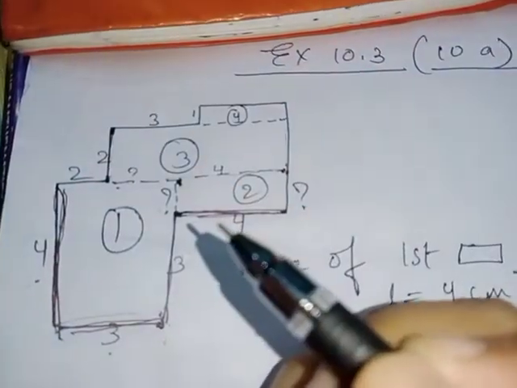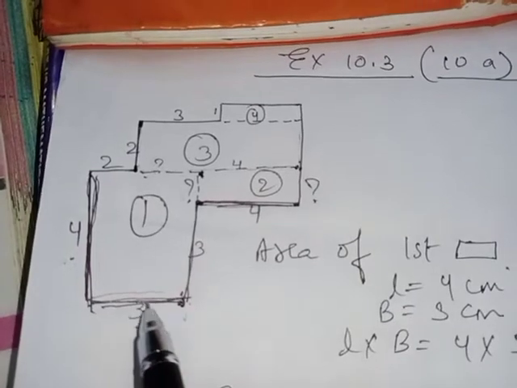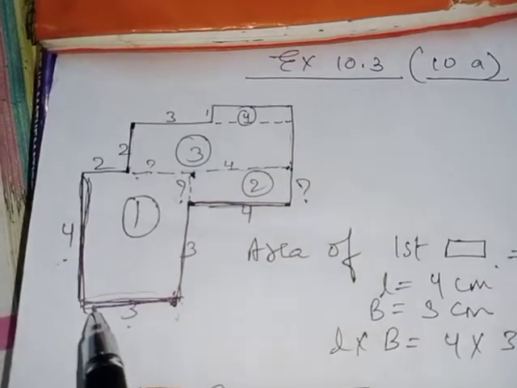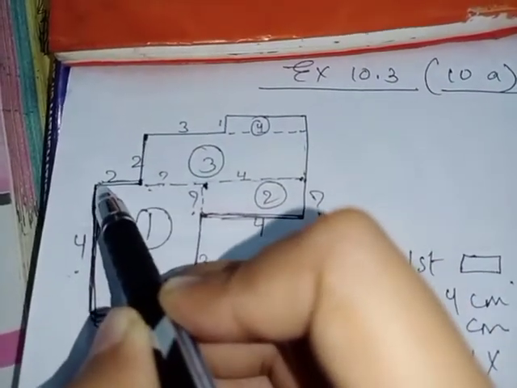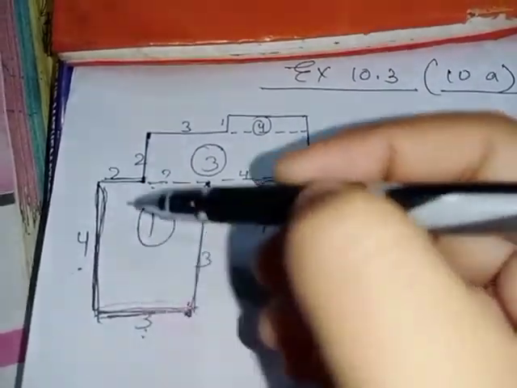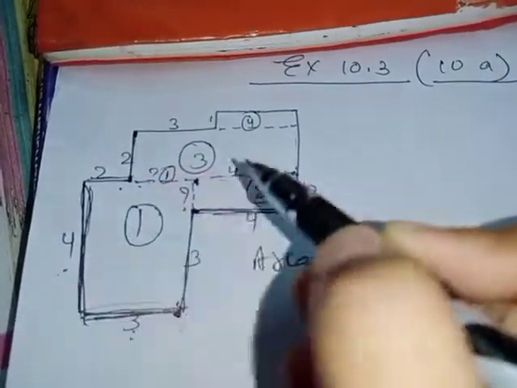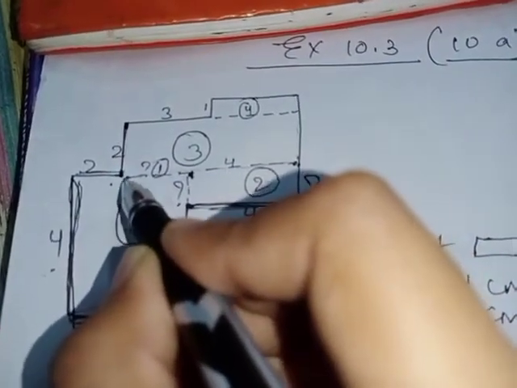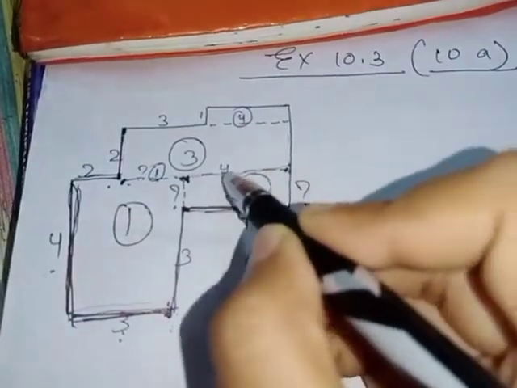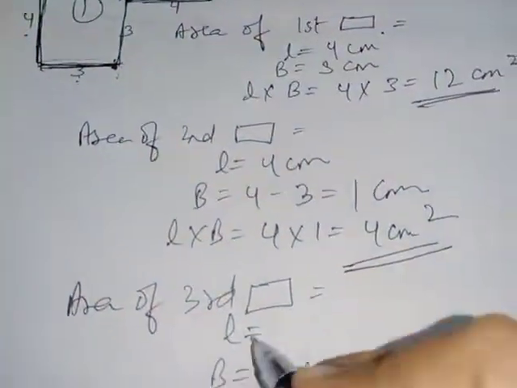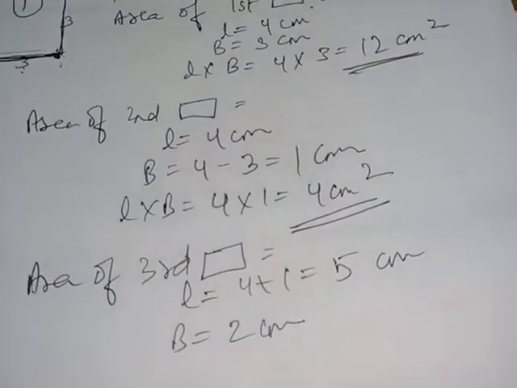So for this, you come to this portion now. Complete is 3. Okay, this is complete 3. And out of this 3, we have this 2 given here. So what we can say? 3 minus this 2, this much will be 1, right? So from here till here we have 1, and this complete is 4. So 4 plus 1 will be the length of our second portion, that is 5 centimeter. I hope this 5 is clear to everyone.